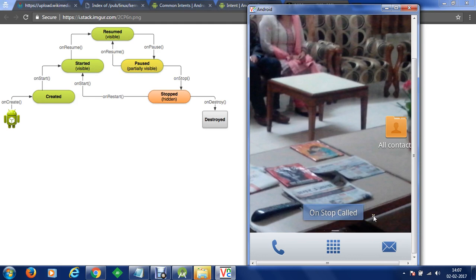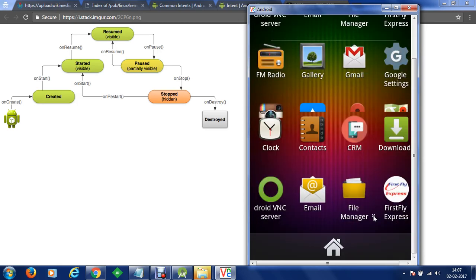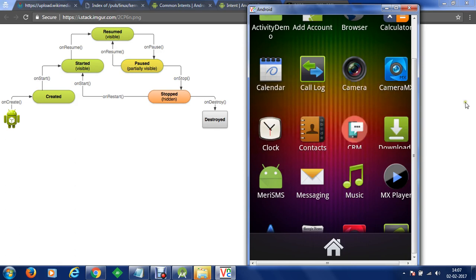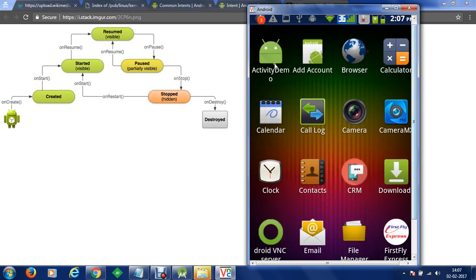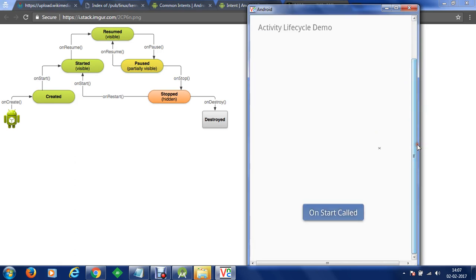But onDestroy is not called at the moment. Now once we start our application again, activity demo, you can see that onStart has been called, onCreate was not called, only onStart and onResume have been called. Okay, clear? And the activity has been resumed.